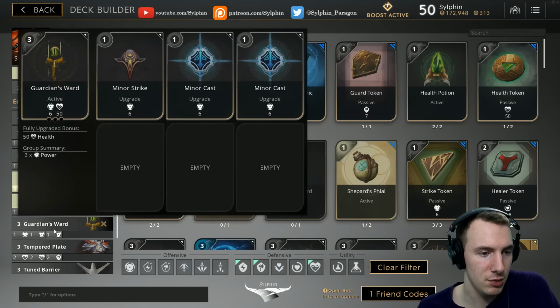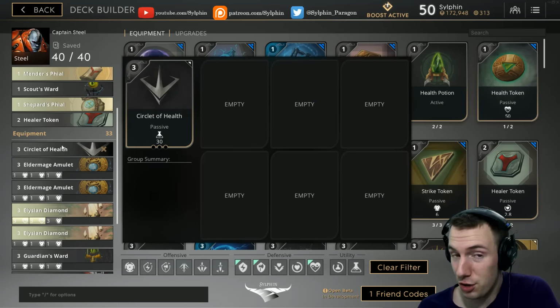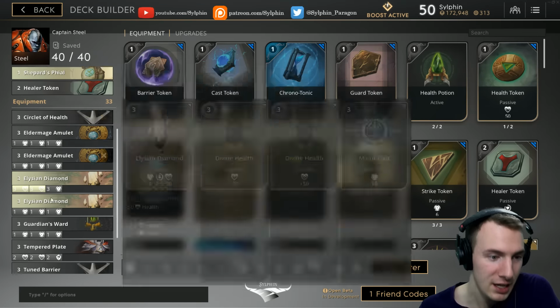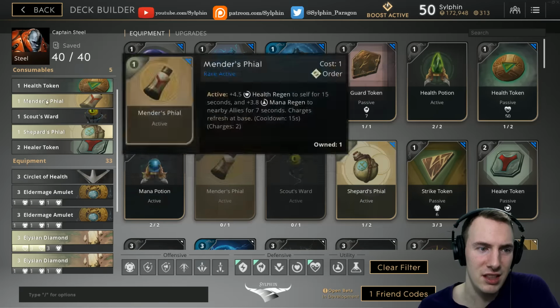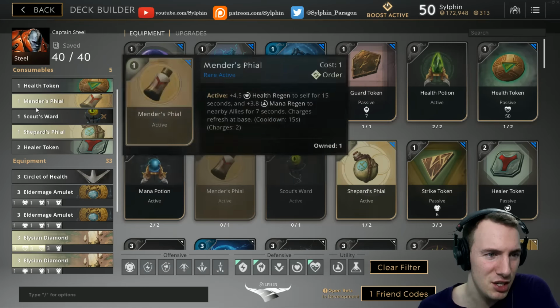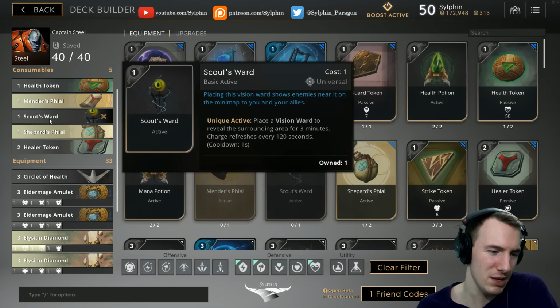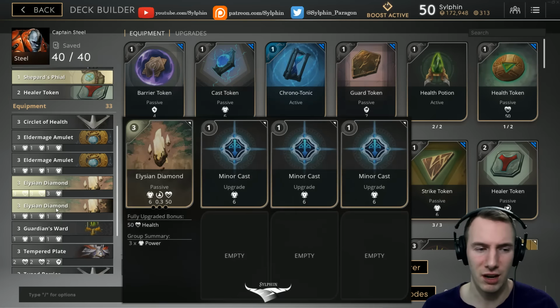After that, you go into a Guardian's Ward, followed by... before your Guardian's Ward, you go into the Circlet of Health, and then you go into your Guardian's Ward. You can discard these when you need to use that CP to maybe get a card fully upgraded, stuff like that. Maybe don't discard them all at once, but you can certainly use them to finish off an upgrade or something